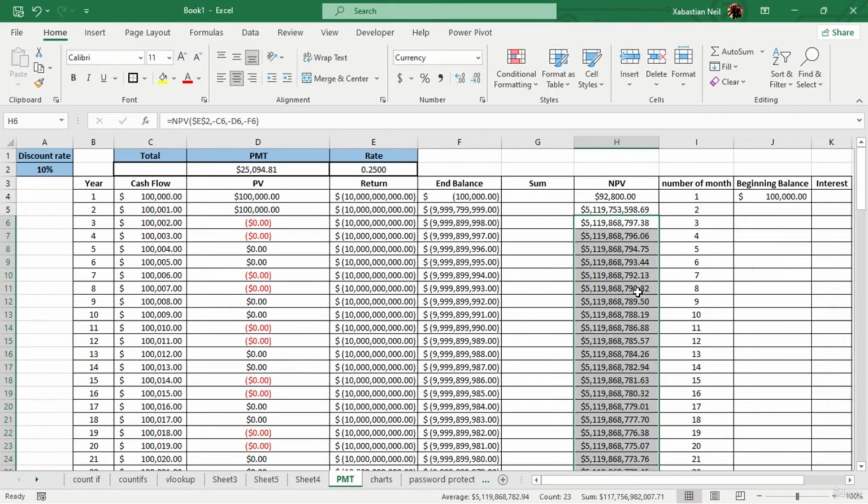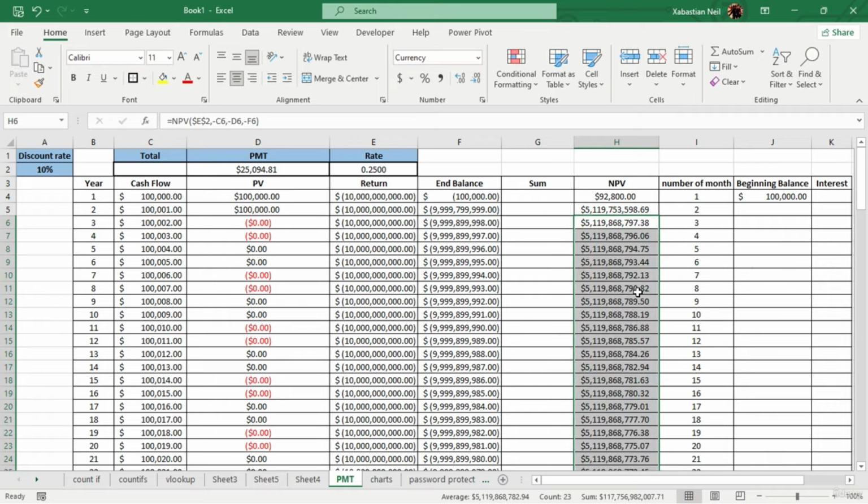Before ending it, you can also use minus values over here to indicate the cash outflows, but you can also use another one, which is going to be the interest right over here, which is IPMT. To use this, I'm just going to use this cell and keep it like this. You can copy and paste it, but I'm going to show you an example of how you can use the IPMT. So I'm going to type an equal